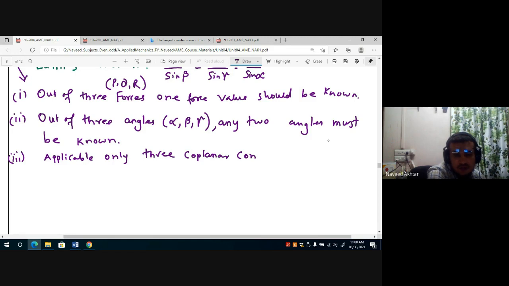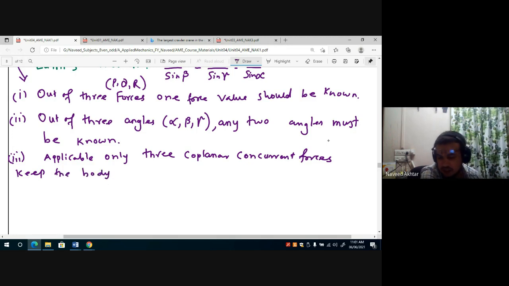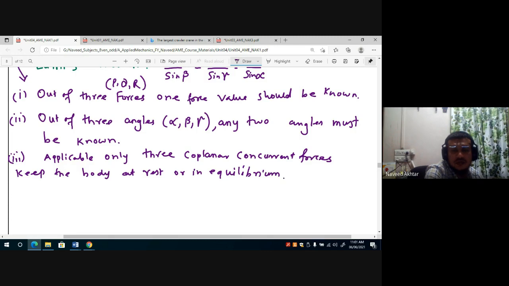Applicable only to three coplanar concurrent forces that keep the body at rest, or you can say in equilibrium. Okay,